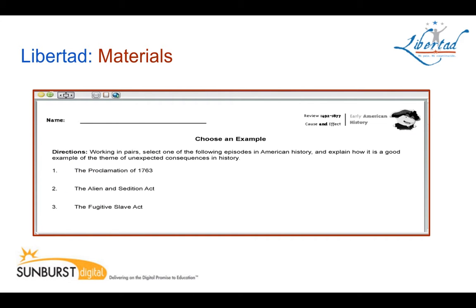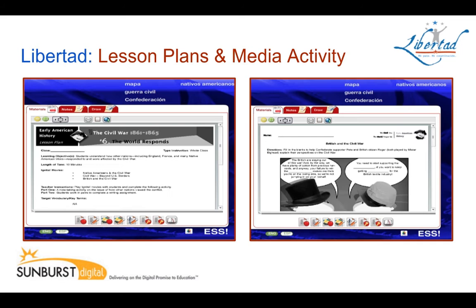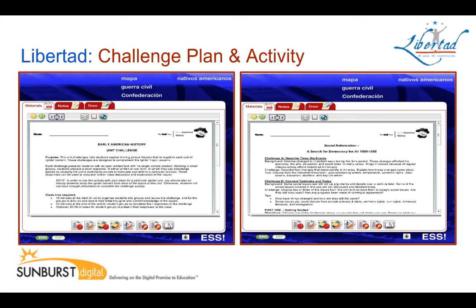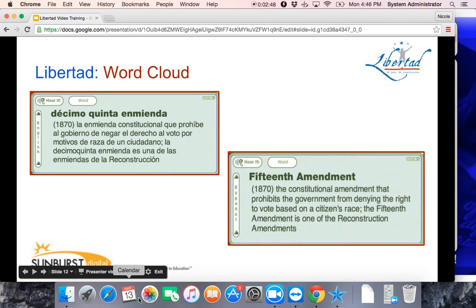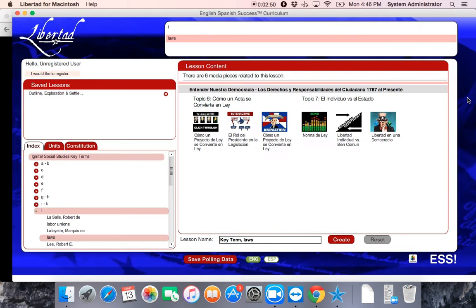There are printable materials that include activities, lesson plans, and media pieces. There are challenge plans and challenge activities, along with quizzes. There's also a word cloud for vocabulary reinforcement, where students can hear the word in both English and in Spanish and read the definition. Now that we've talked a little bit about the features of Libertad, let's look at the